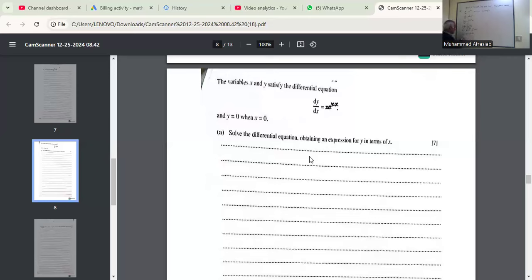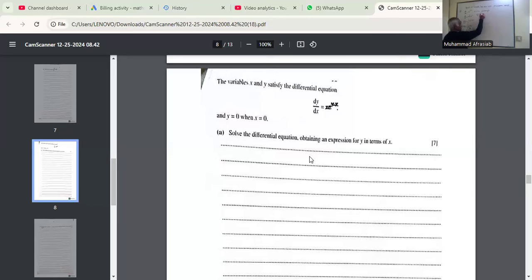This is minus 1 over e^y is equal to minus x over e^x plus e^(-x) over minus 1, plus a constant of integration A, which is equivalent to minus 1 over e^y is equal to x over e^x